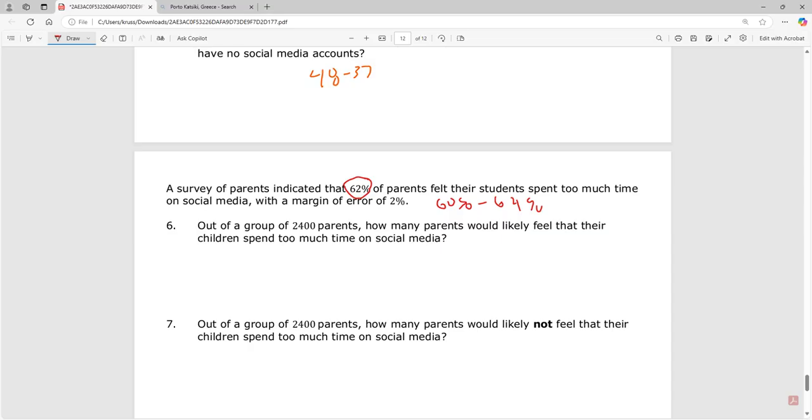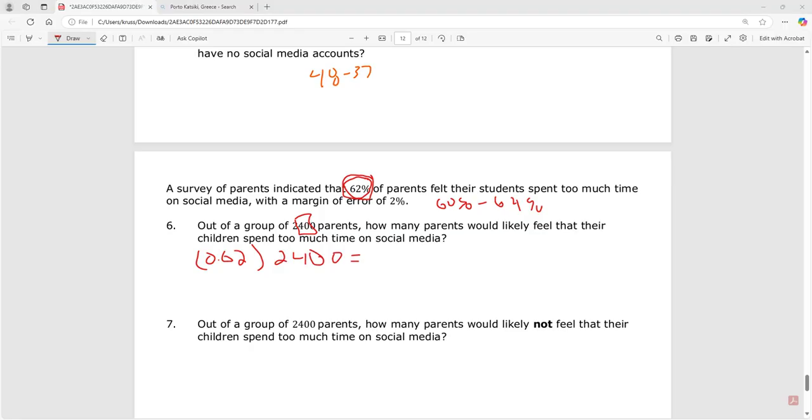Okay. So out of 2,400 parents, what's the low end of that? So 0.6 times 2,400. Oh, wait, this doesn't ask us for the range. This asks us for that number. So we need to use 0.62. Right, so it's going to be 0.62 times 2,400, which is going to be equal to